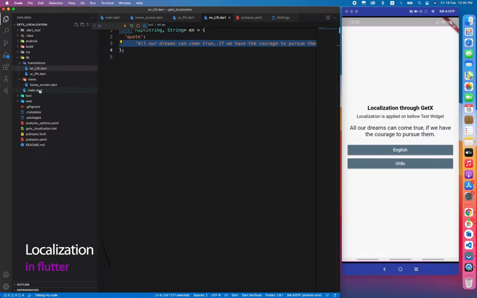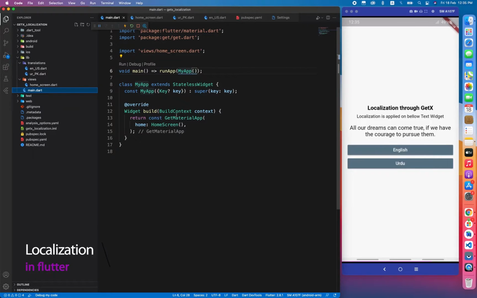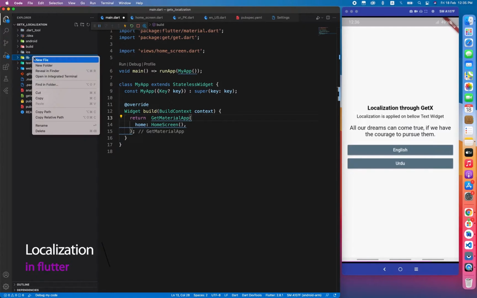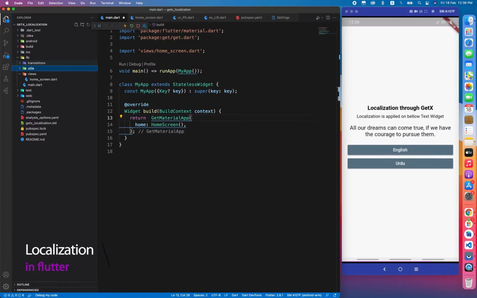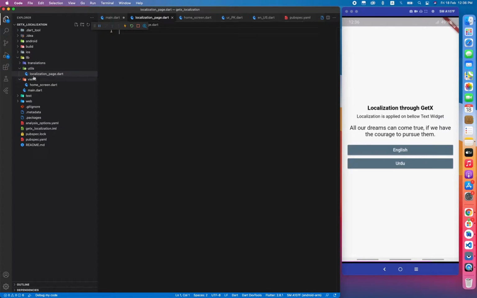Then what we have to do next is go towards our main file. We have to wrap our material app with get material app, and make sure to remove the constant from there if you are using it. After that, we have to create another folder, named utils, and inside this folder we have to create our localization file. That is a very important file that actually helps you convert from one locale to another. Make sure to use the recommended naming convention like localization underscore page dot dart, right? So in this file we have to create some helpful methods that are required by getx